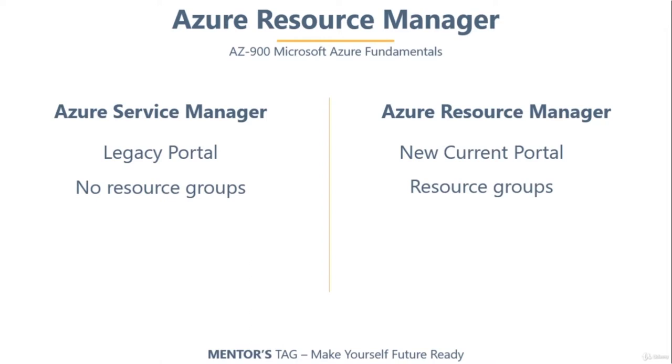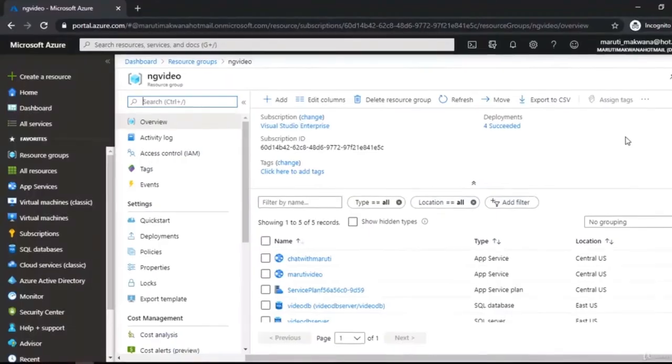When we create Azure Resource Manager based resource groups, our resource groups are going to be either a project name or a client name kind of thing, which allows me to group them into one. Like when you see this resource group, the name of the resource group can be anything. It can be my project name, and then I can have multiple things which are used by that project. It is also going to help me in moving these multiple things into another resource group. So later on, if I want to move all the things to another resource group, or if I want to move to another subscription, these resource groups are going to help me in managing those things with ease.